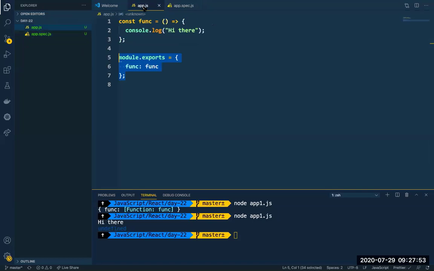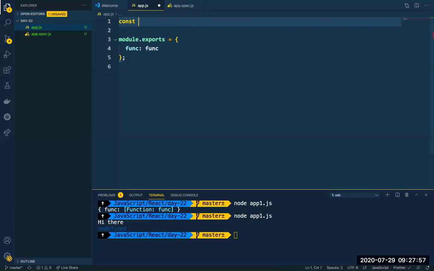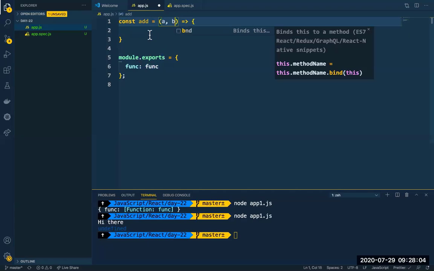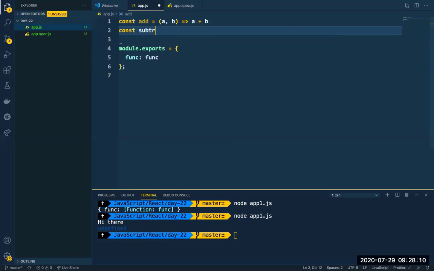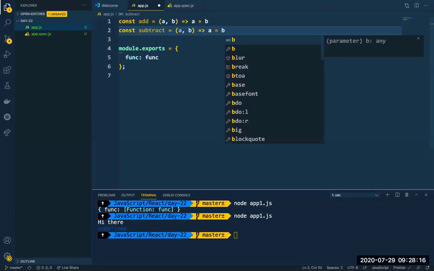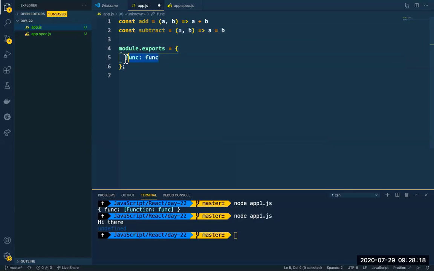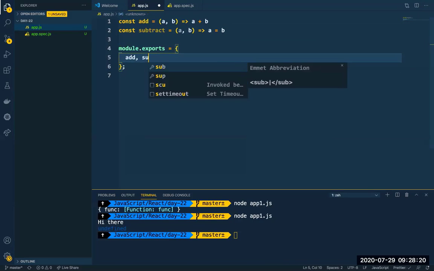Okay. So yes, let me have some basic functions like adding, subtracting, etc. So now what I'll have is a function of add. It takes two numbers, and then all it does is add the numbers. All right. Also, I will have subtract, and then let me have another set of numbers, and then let me also subtract them. Okay. I will also export them as well.